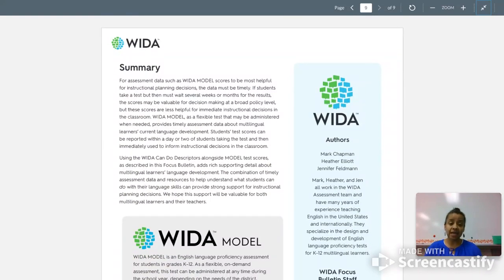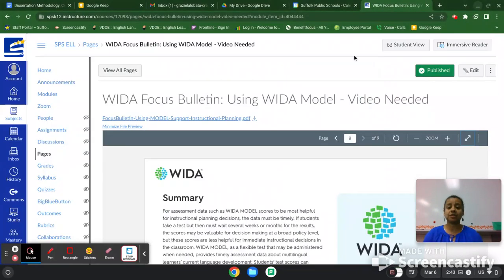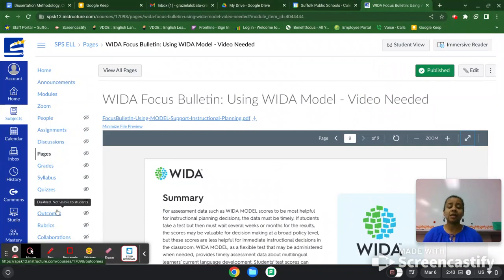These are the tests given annually, and then there's a screening test given when they enter the country or when they transfer for the first time if they don't have an ACCESS score yet. And that's it. WIDA controls all of that, and they also have a website where you can get ideas and resources. If you have any other questions about WIDA, please reach out to us, and we will gladly help you out to puzzle piece your student and see where they are and